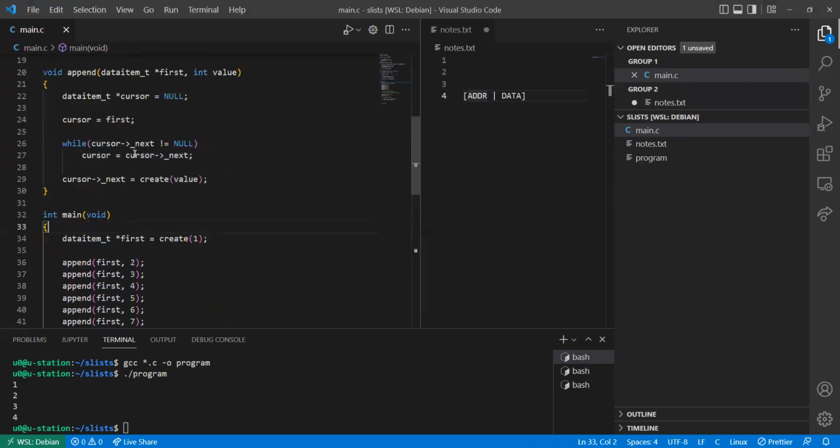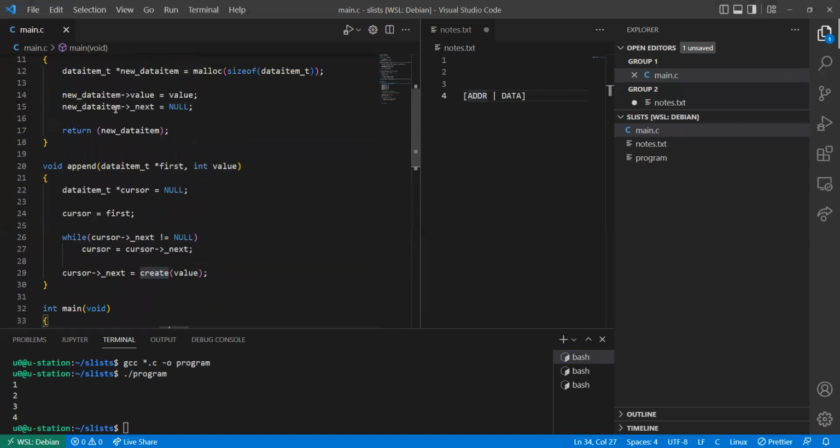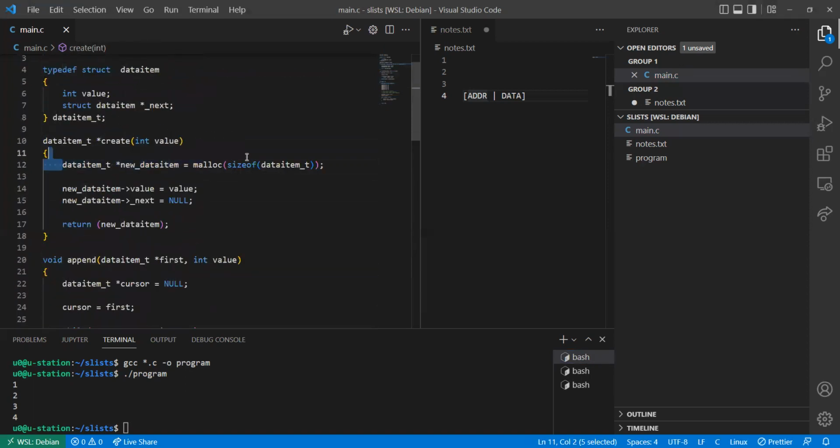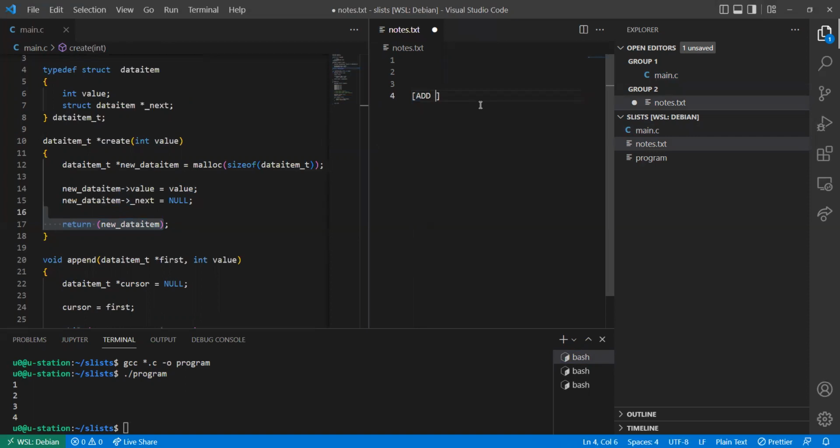Yes. Here we have this. So for the first data item, we call the create function with the value 1. And the create function allocates a memory location for one data item, then sets its value field to the value we passed in. Then it sets the field next to null, then returns the memory address. So for the first data item, if you look at the right side of the screen,